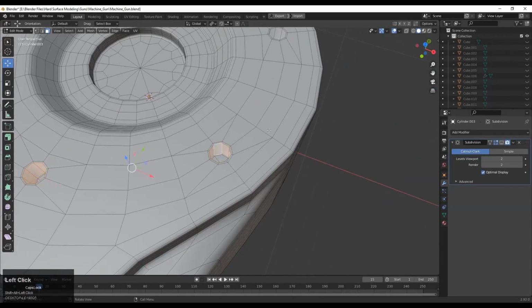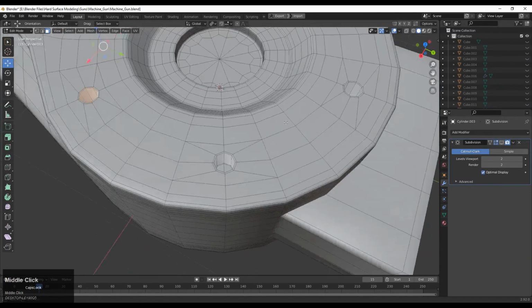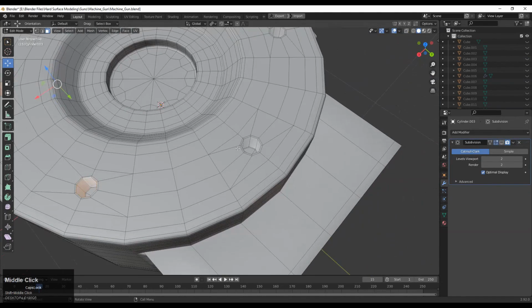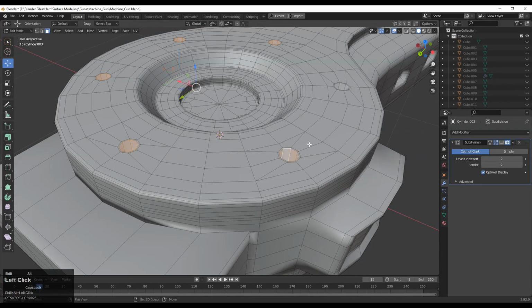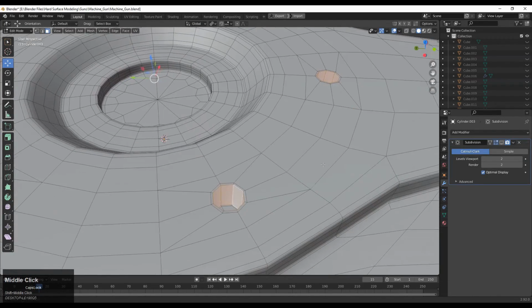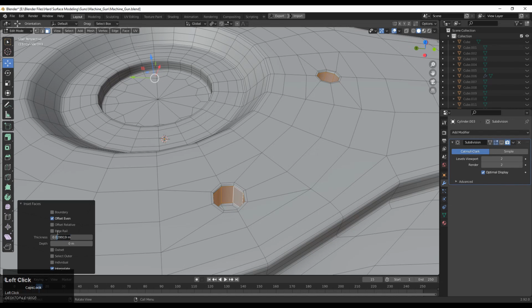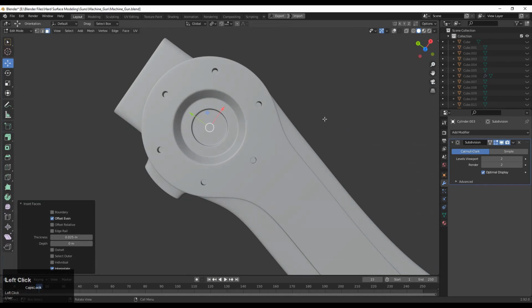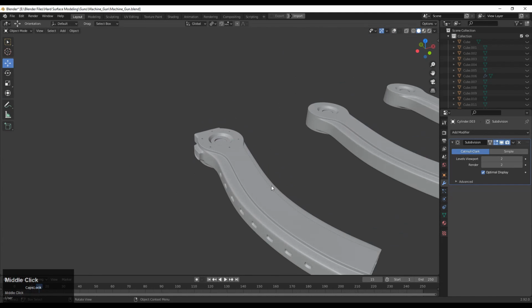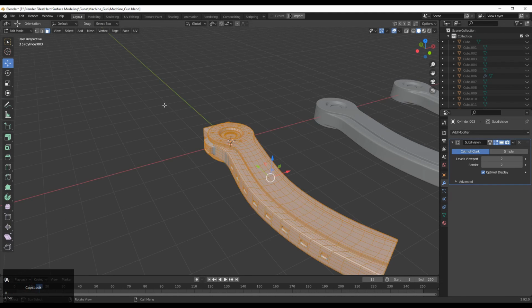So press I for the insert operation and select these face loops. After selecting this face loop, you can press I one more time, and now just give the proper thickness value, and you can see the design looks pretty good.